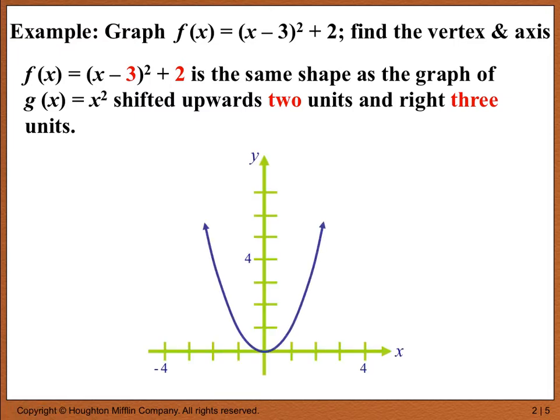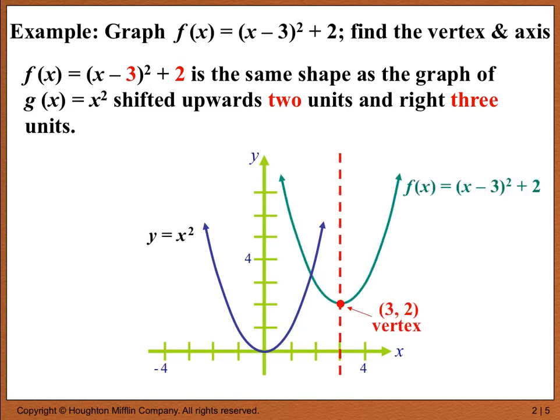And then we can simply sketch the graph. We know that y equals x squared looks like that. Well, then we can simply graph (x minus 3) squared plus 2 by shifting that 3 units to the right and 2 units up. And we have our vertex at (3, 2), because this quadratic function is already in standard form of (x minus h) squared plus k. And that's the standard form of parabolas, right? (x minus h) squared plus k. And so we have the h of 3 and the k of 2,